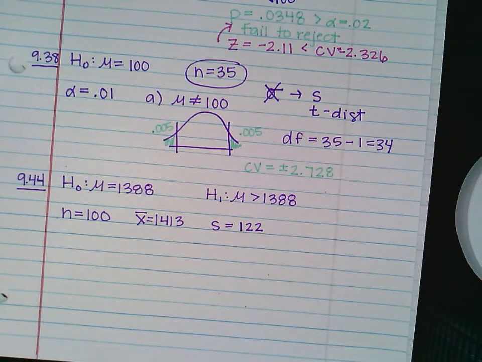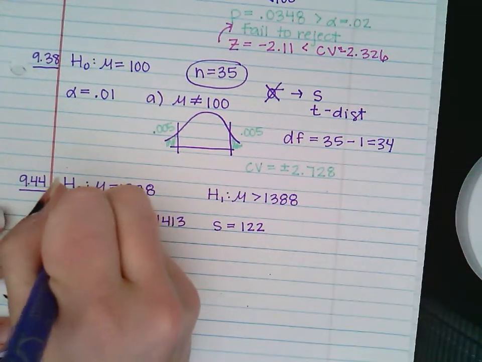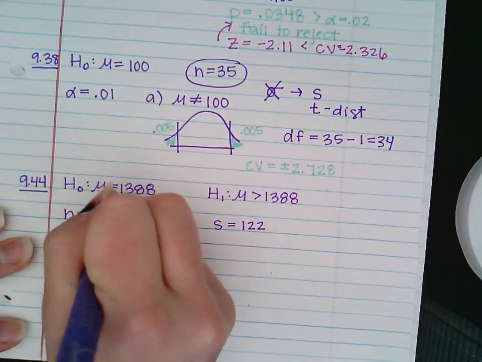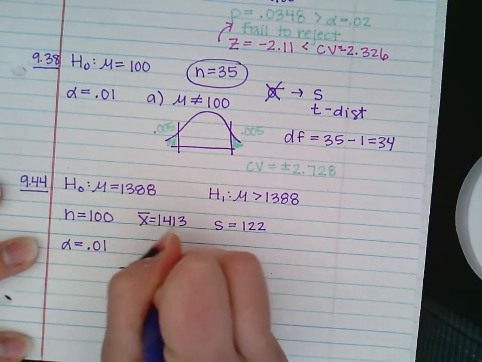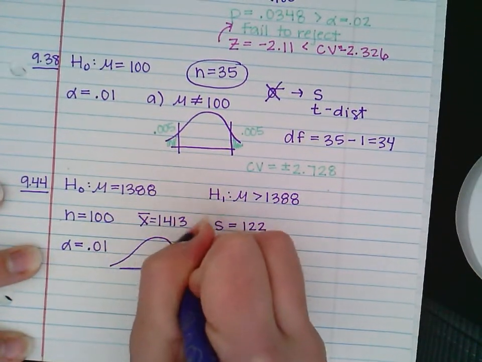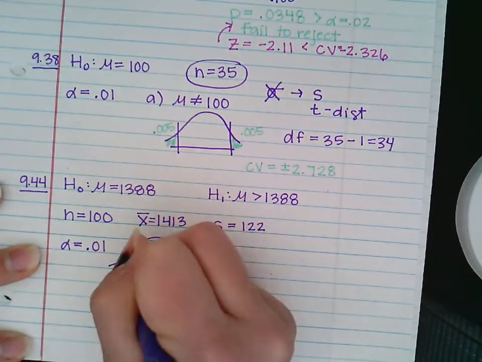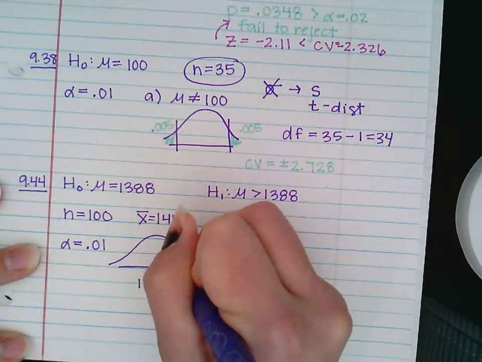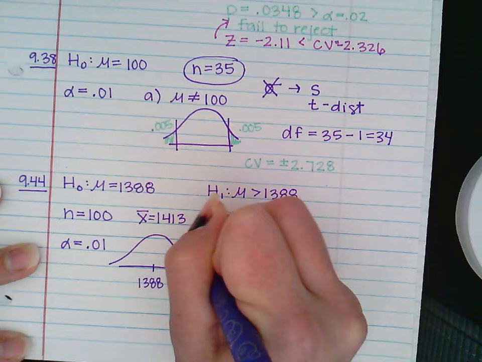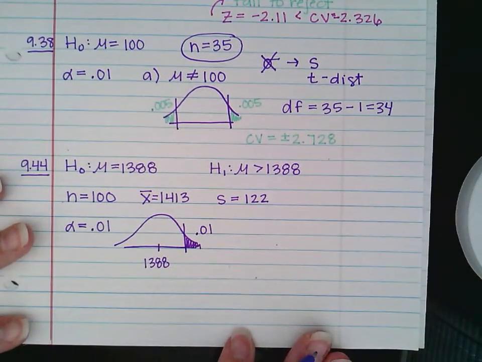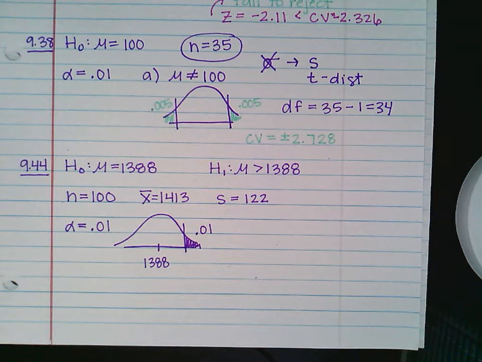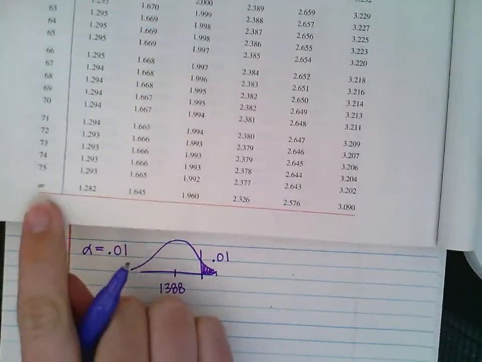Okay, so if I have an alpha level of 0.01, but I have a right-tailed test, all of that 0.01 goes over here. Now 1388 is my middle. Okay, so let's look at our t distribution here. Now, n of 100, which is why I wanted to do this one, on your t distribution, you only go to 75 here in the book. So we're just going to drop it down